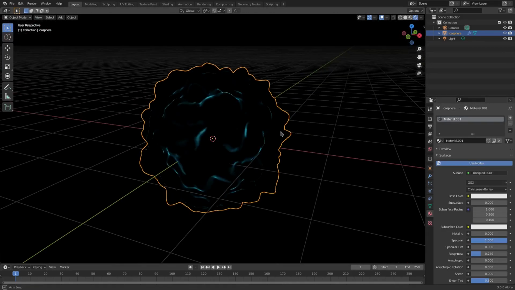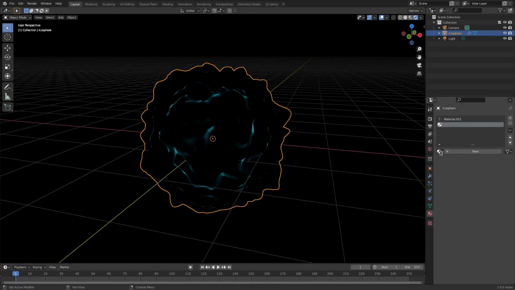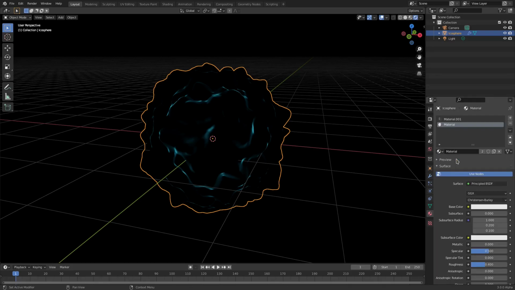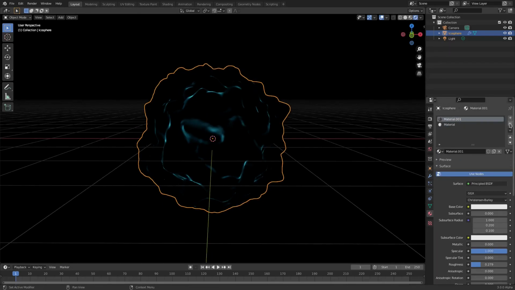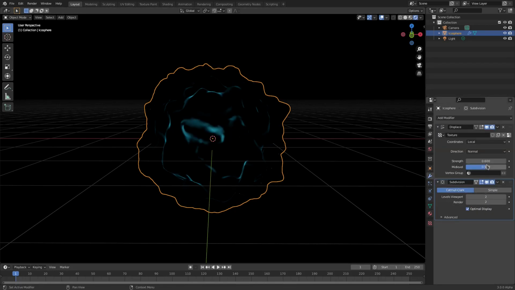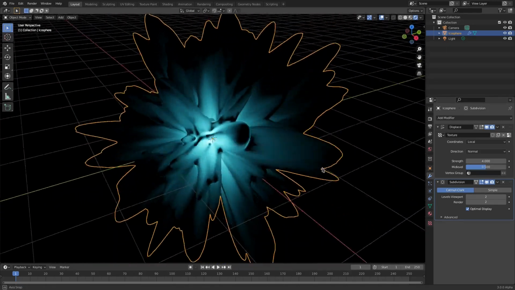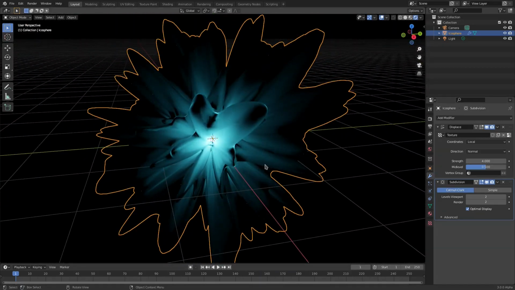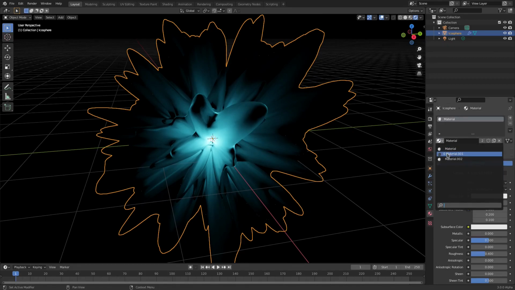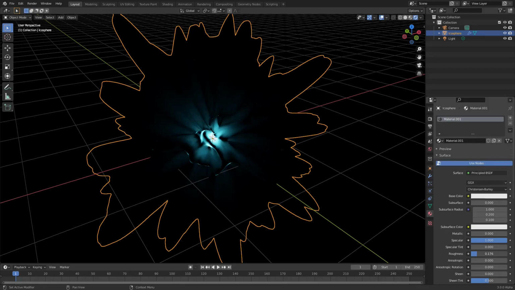So, there we go. Now, with this all done, you can see that I really want to change the way the light is looking. So, let's hit New Material real quick, and we'll hit this little drop down and select the material that says just Material. And what I want to do is get rid of this other material we've created real quick. Now you can see when I go back and forth, we have a really bright light there in the center. And now if I go back to the glass material, it's a little smaller, as you can see, because we've turned down the roughness and whatnot.